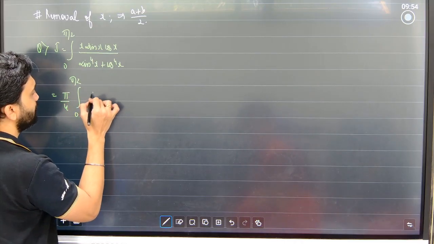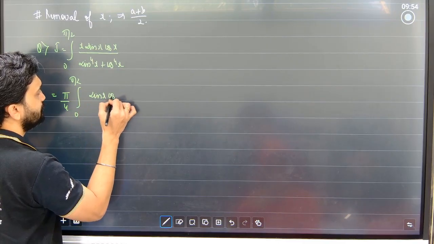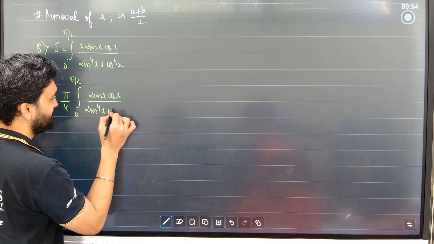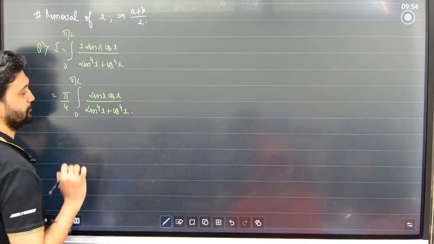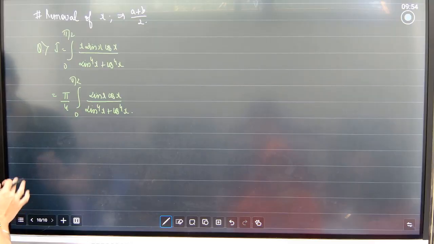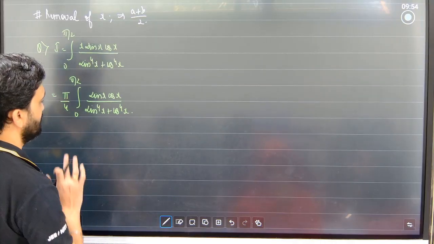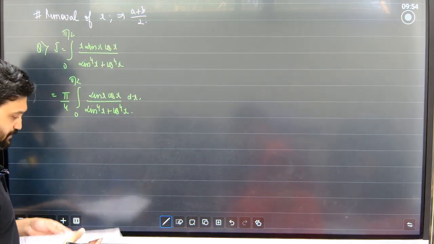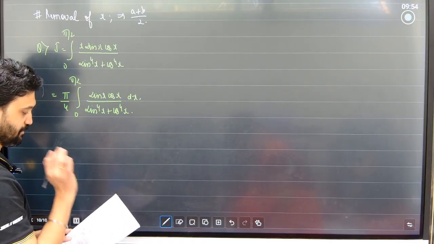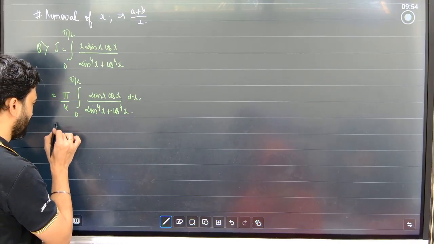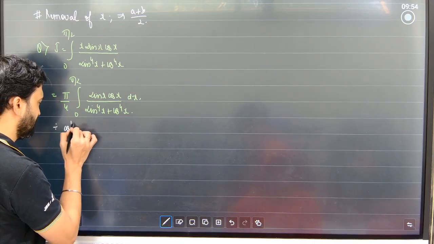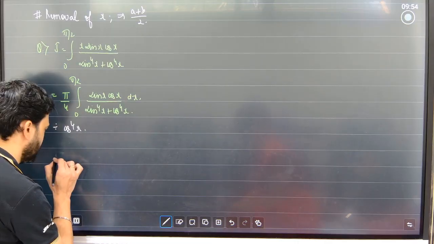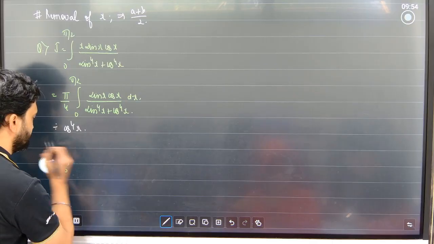integration 0 to pi by 2 sin x cos x upon sin raised to 4x plus cos raised to 4x dx. Now sin x cos x is given, I have replaced x with this. What I'll do is I will divide by cos raised to 4x. If I divide by cos raised to 4x, my question becomes